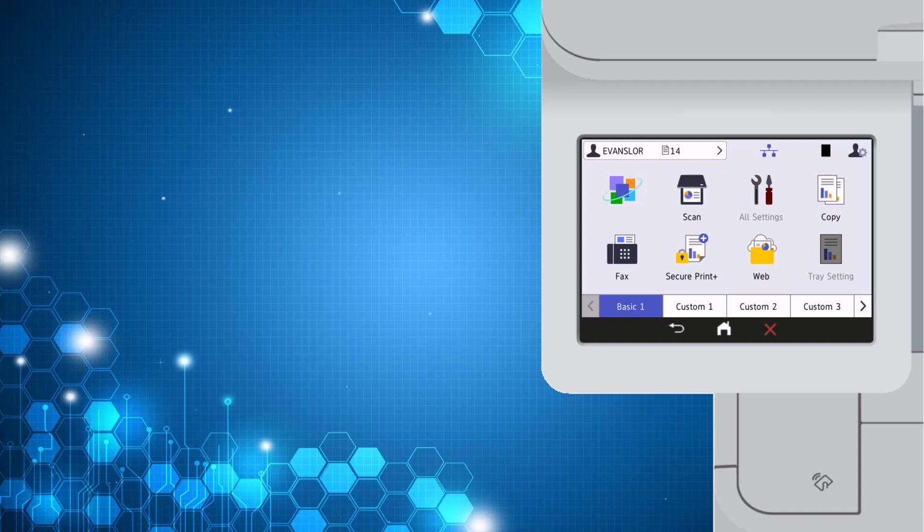The user can either switch to the public profile or let the device time out. It will automatically change to public mode. Page limit has also reduced by 1 for this user, as the print job has printed from this device. That completes the demonstration showing the setup of Secure Function Lock.